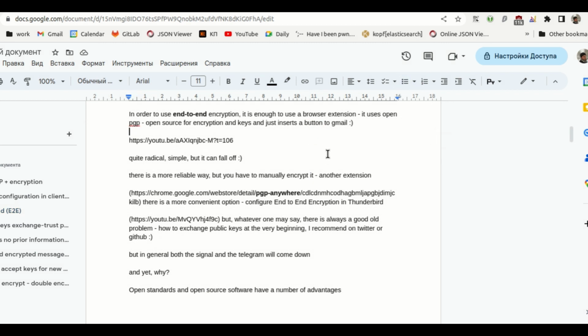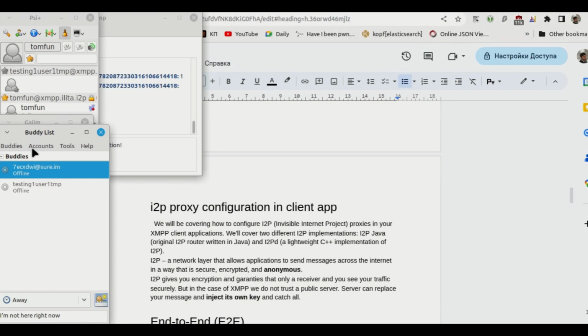I want to say that end-to-end encryption can be used without any XMPP client. All you need is an extension. Here is a good example of how to use it with Gmail, or another extension in the browser to decrypt. I want to explain how to configure your proxy, because